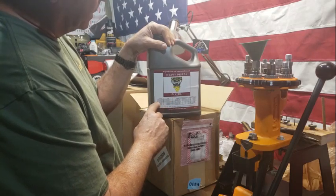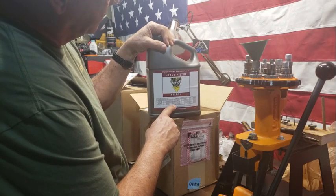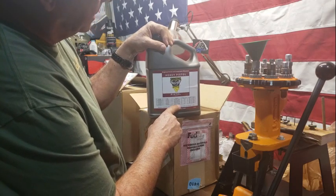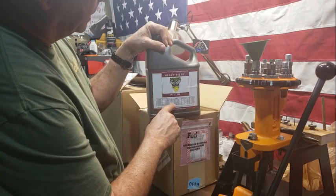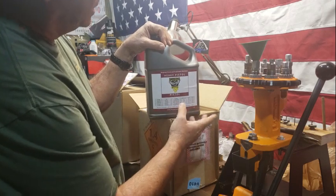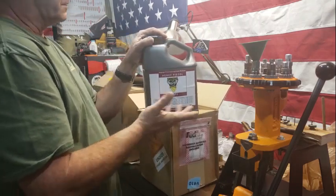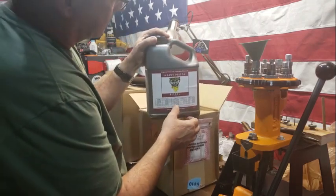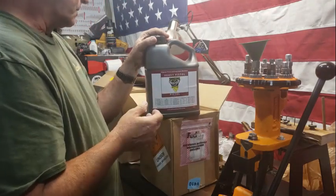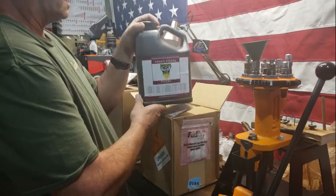So I look here, 357 Magnum. It's got a couple of loads here. 125 grain Speer Gold Dot hollow point. 158 grain Nosler jacketed hollow point. Great. These are pretty equivalent to what I shoot. No, I don't shoot Speers, and I don't shoot Noslers. I don't know. You'll find loads for them. So yeah,